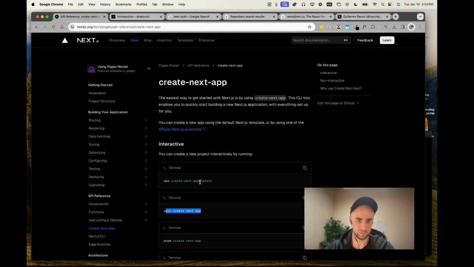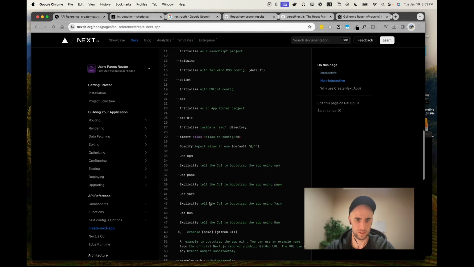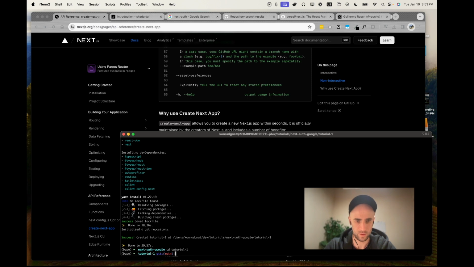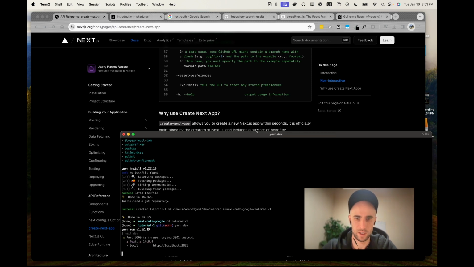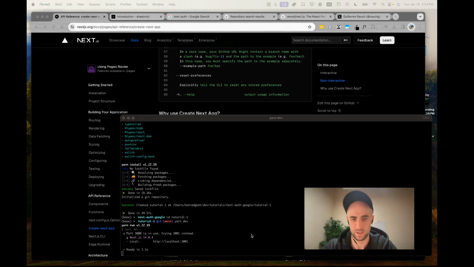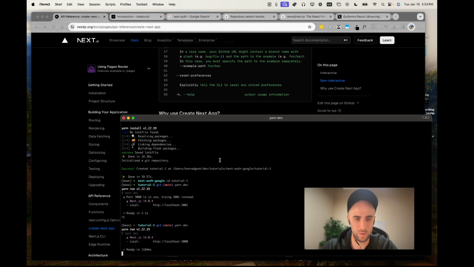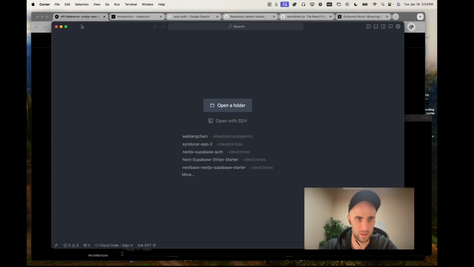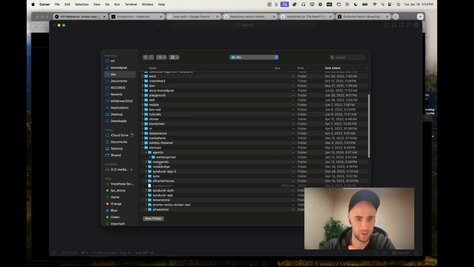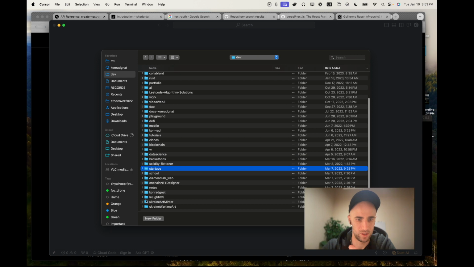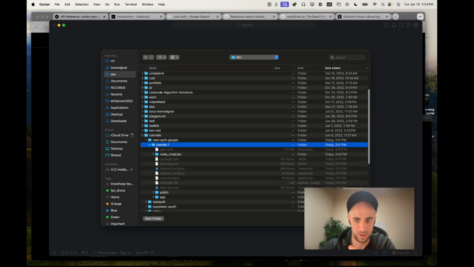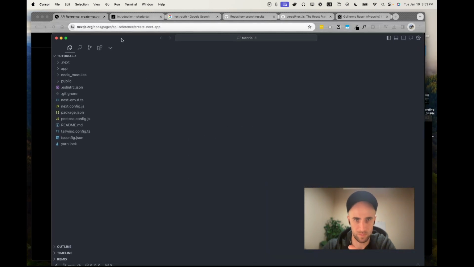So I created this, and to start, cd tutorial and yarn dev. Okay, I actually have yarn dev, and then open up Cursor. This is a Visual Studio Code based editor. Open a folder, dev tutorials. All right, this is an editor with